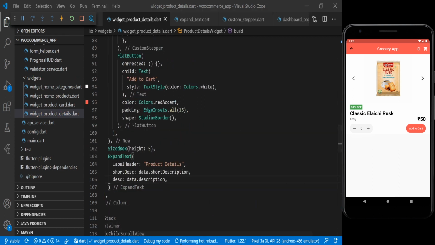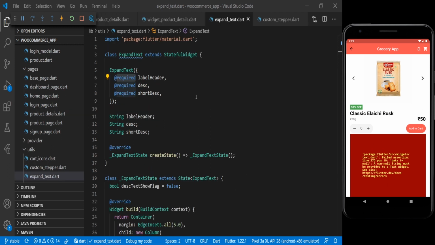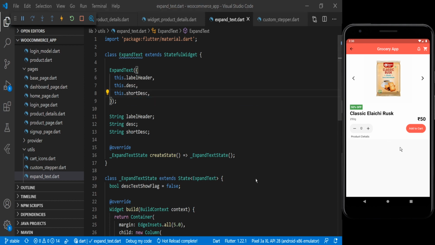So now you can see here we are getting an error, and I think we have to remove this required, and we have to put here this.labelHeader, and here we will have this.description, then we will have this.shortDescription.